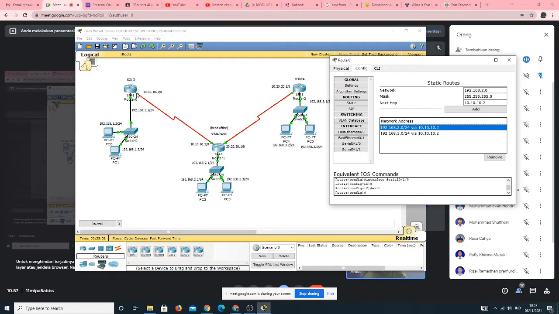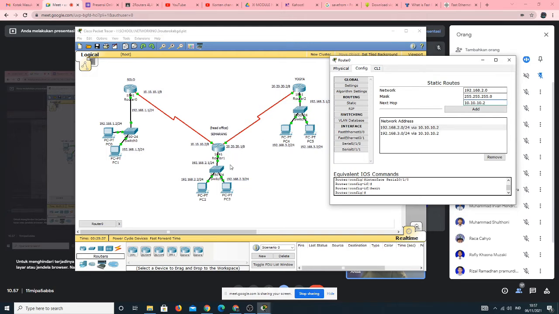So when the LAN Solo sends the packet data to LAN Semarang, LAN Solo has to save or store the IP address of LAN Semarang, the fast Ethernet IP address, and also the serial IP address of Semarang. After clicking add, we will